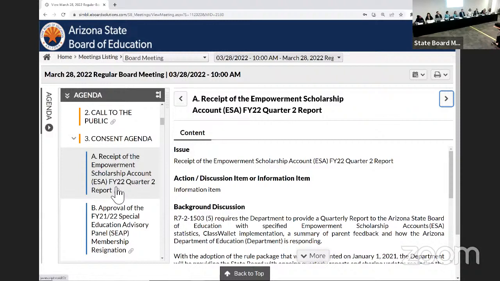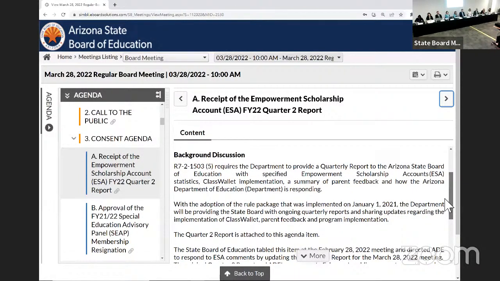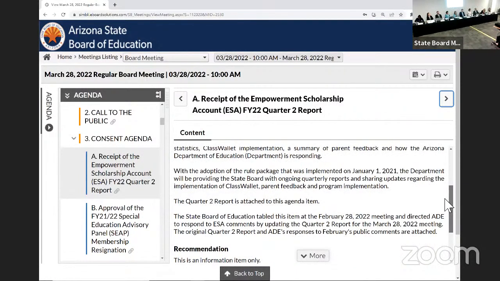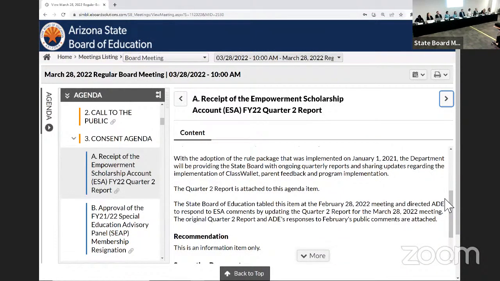My understanding is the legislature passes a law, passes a bill, becomes statute, and it's up to the board to create rules on how to implement that. And we did that with the ESA program, so we could become clear as to what was allowed and what wasn't allowed, specifically related to supplemental materials. So we've been going along, and then now all of a sudden it becomes not, statute supersedes rule. So I'd just like some clarification, and I'm not sure who can do that, but related to that. Vice President Burton,